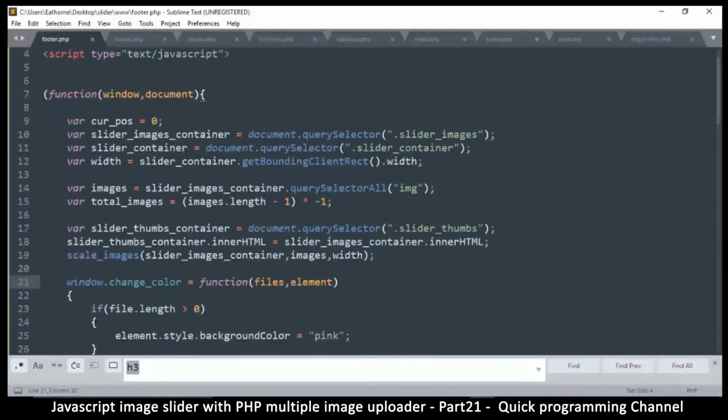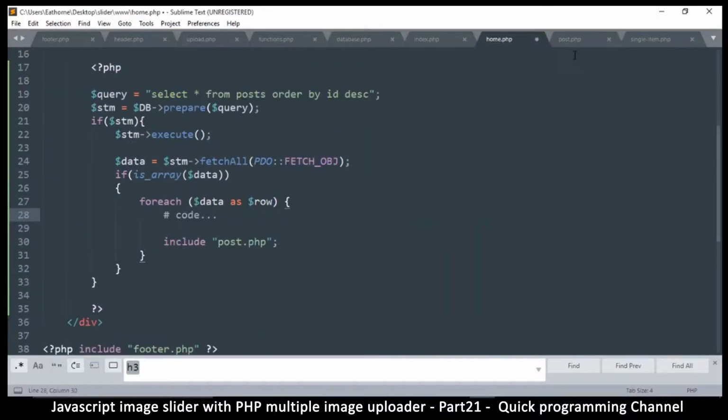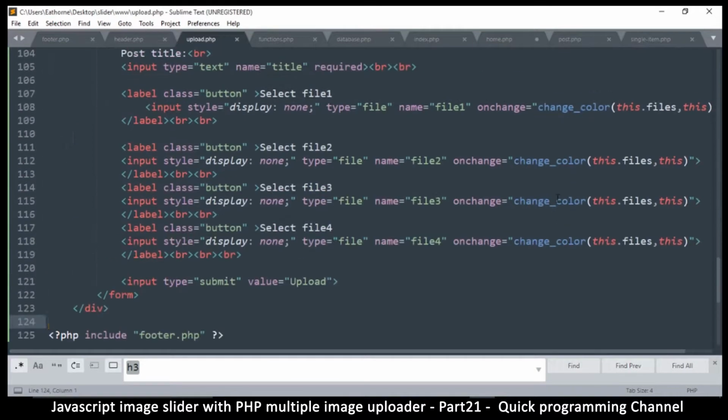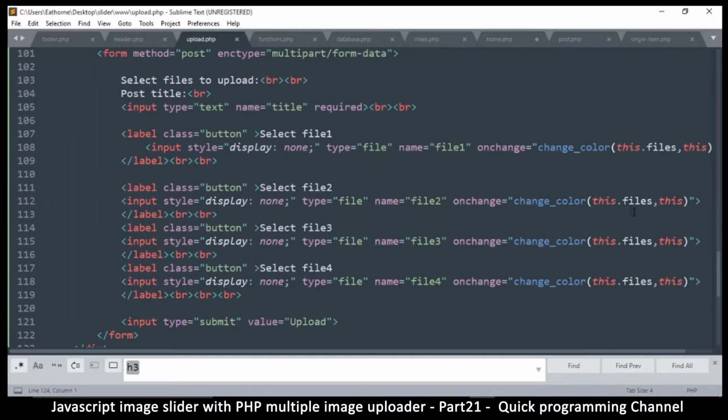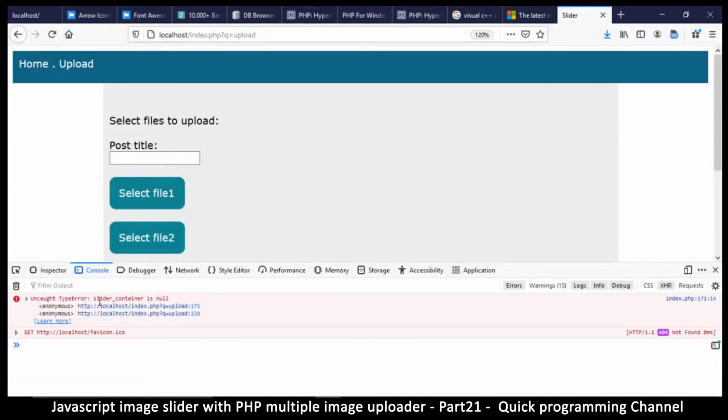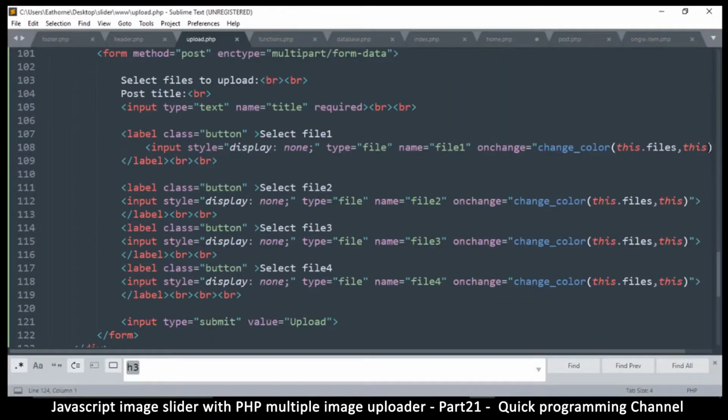So it's very possible that, let's come back here to not the home, but oh, the upload. Where are we? There we go. So it is possible that we are messing things up here. So on change, let me come back here, refresh. So these errors are happening even before we click anything. So it's possible that